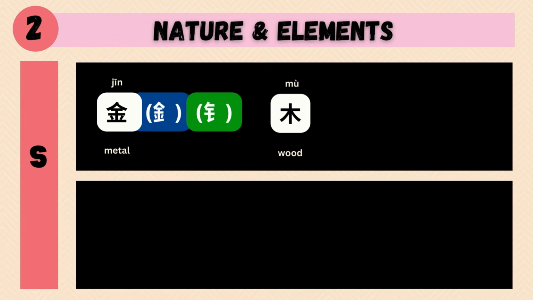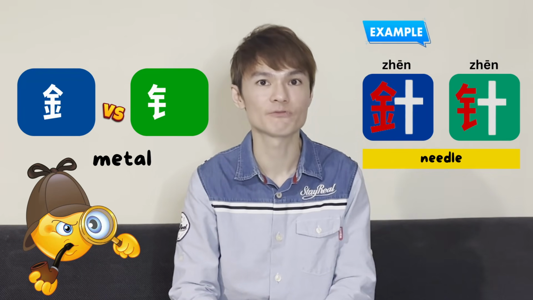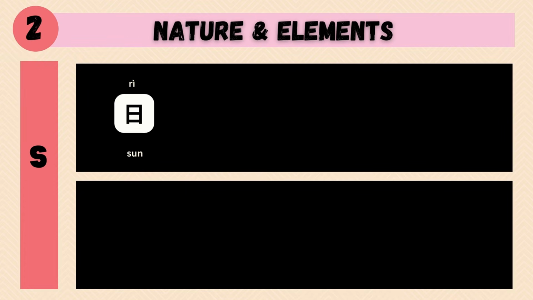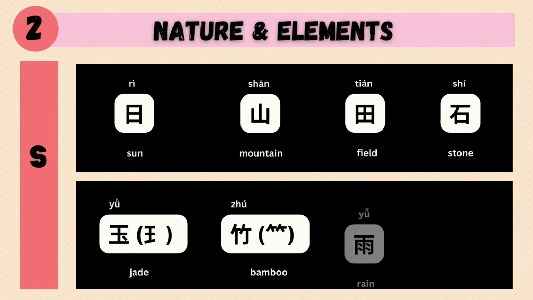It refers to the 5 fundamental elements that are believed to constitute all things in the universe. They are 金, 木, 水, 火, 土. For 金, when used as an independent word, meaning gold, it is written the same in traditional and simplified Chinese. But when it is used as a radical referring to metal, can you tell the simplified form is slightly different from traditional Chinese?